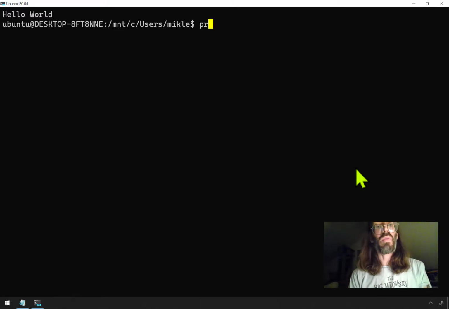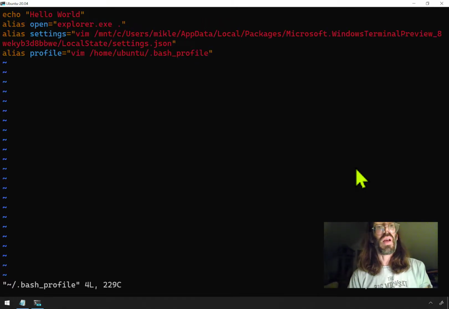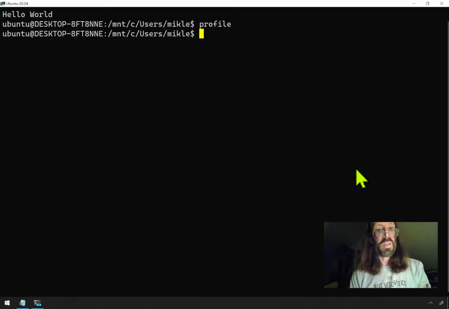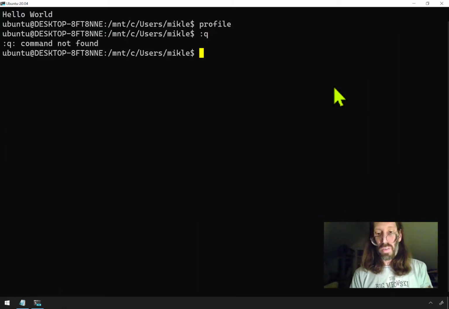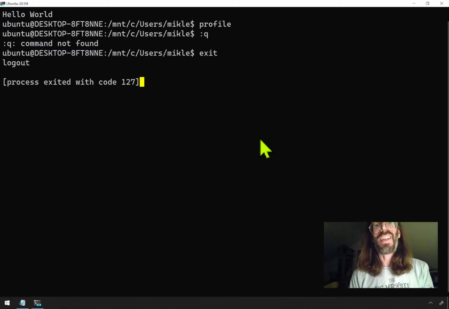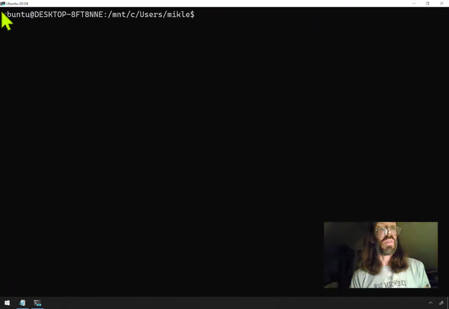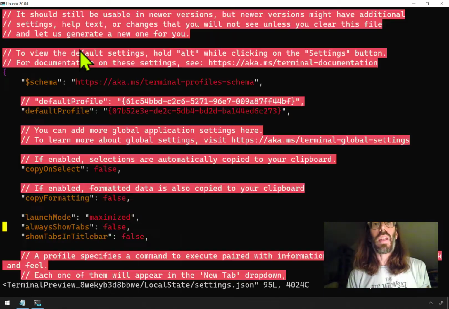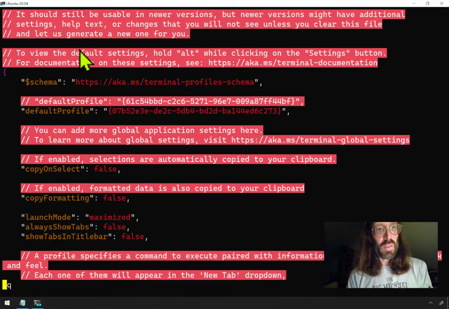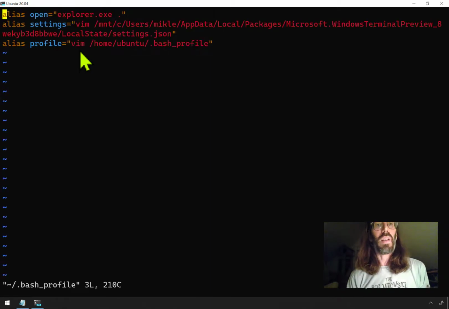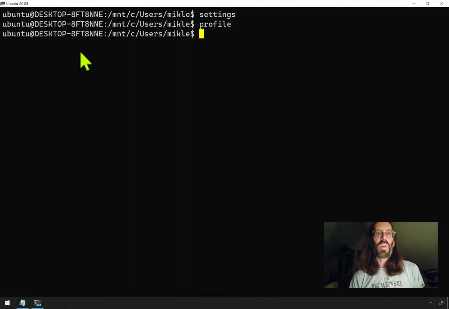to do something to the profile, all I have to do is type that, get rid of the hello world, save, quit. Oh yeah, it's not quitting out of that, exit. And sometimes you have to close that. Now you go back in here, no more hello world, right? So settings, profile. Pretty neat, right? And this is some of the stuff you start to do in order to settle in